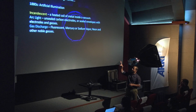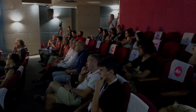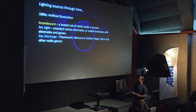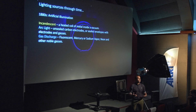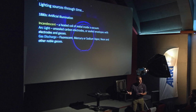1880s. Those are the modern technologies, some of which are still in use. Incandescent, as we know, tungsten lights, are a workhorse on sets, and we still use them a lot, even in broadcast studios. The reason is not efficiency but the price performance ratio. You can use your tungstens for quite a long time, you just need to change the bulbs. And they have very nice, natural lighting sources, which is why the optical people love them a lot. What we try to do with LEDs is mimic this as best as possible,